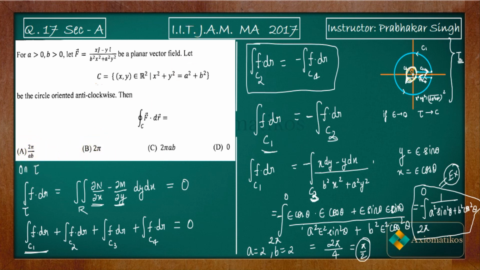So it means that second option is wrong. Are you getting my point? Second is wrong. Third is also wrong. 2 pi ab, because we will not get pi by 2 when I am putting a is equal to 2 and b is equal to 2. Fourth is obviously wrong. So first is the correct answer for this problem. So it means that without actually solving this integral, you can mark your answer. But this is an exercise for you to solve this integral. All right. So I'm sorry for this. It was C3. Maybe you get confused because of this.